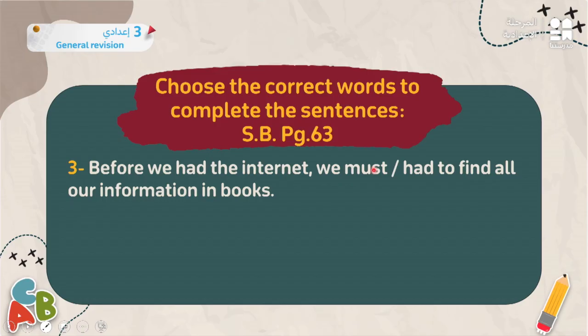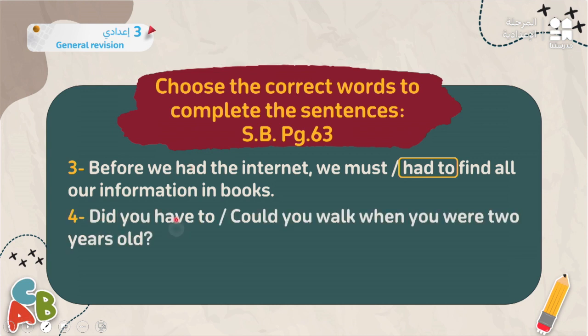حاجة برضو إجبارية. طب هعرف إزاي؟ أنا لما شرحت المرة اللي فاتت قلت إن had to I use it in the past tense. بستخدمها في past. بس must I use it when I talk about rules وأنا حاليا في present. أنا في present وبتكلم على rules أنا مجبرة ألتزم بيها so I use must. But if it's in the past I use had to. So let's check the sentence. Before we had the internet. So here I'm talking about a period of time in the past. بستخدم هنا past. So I use had to.